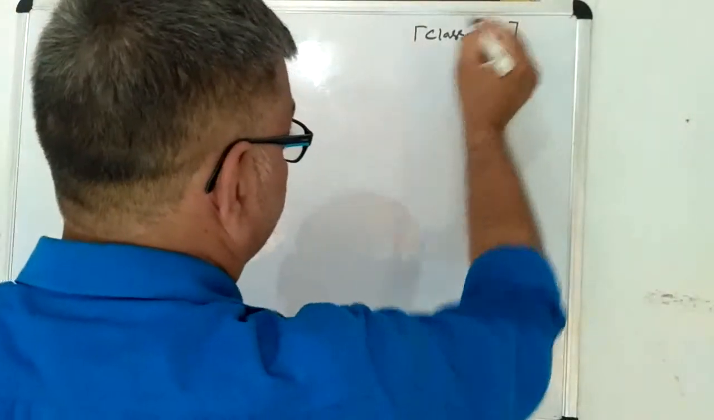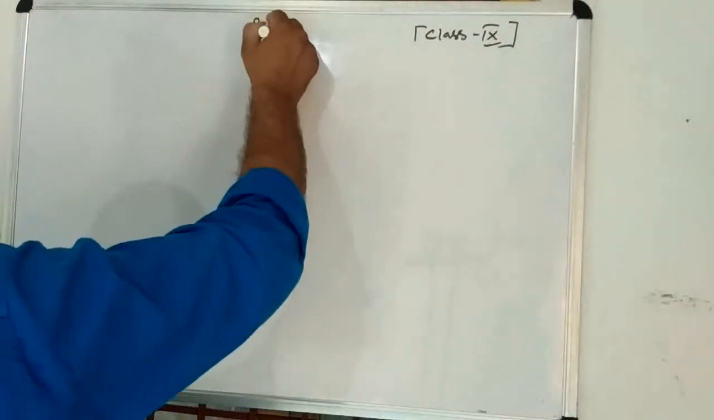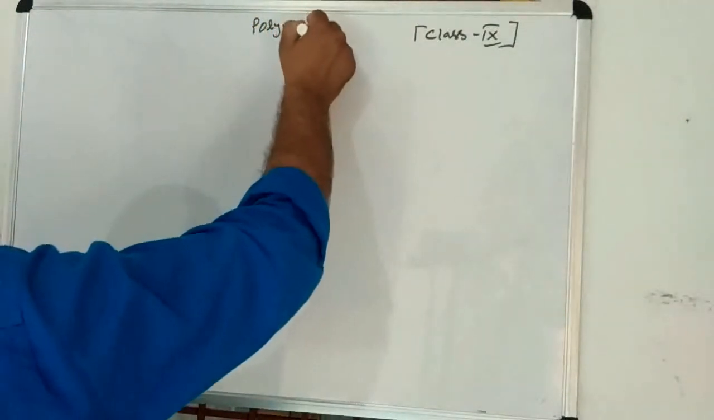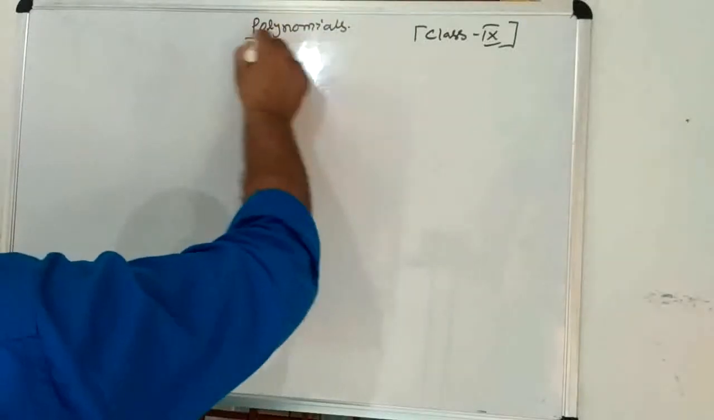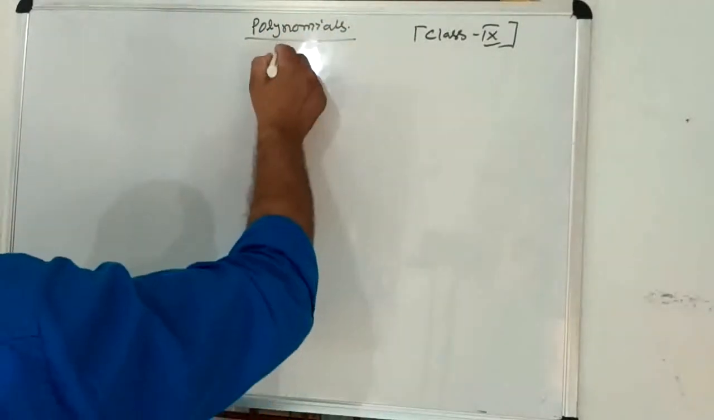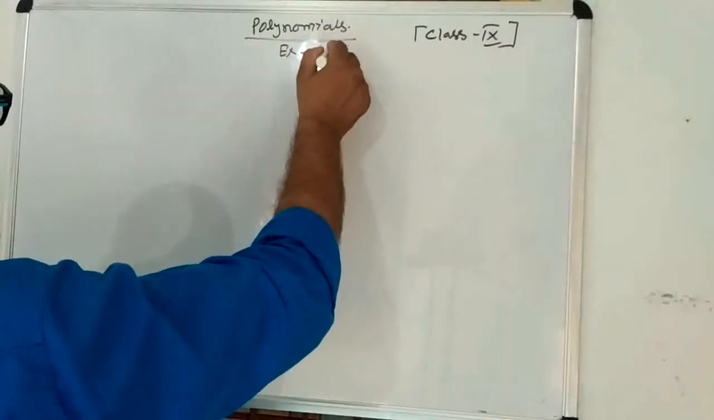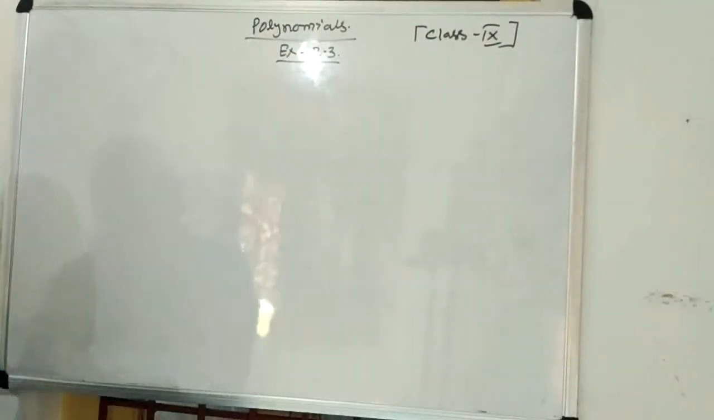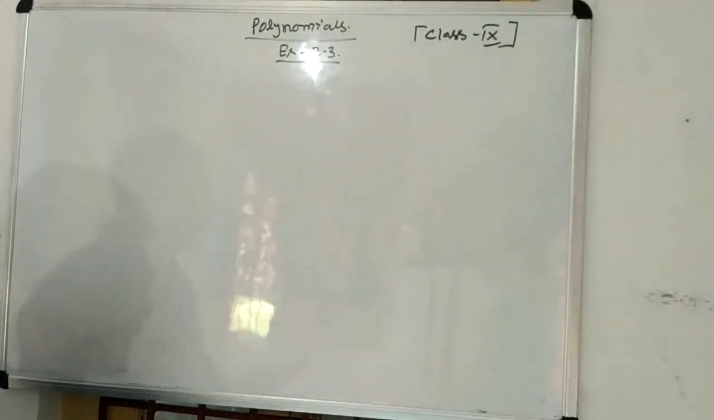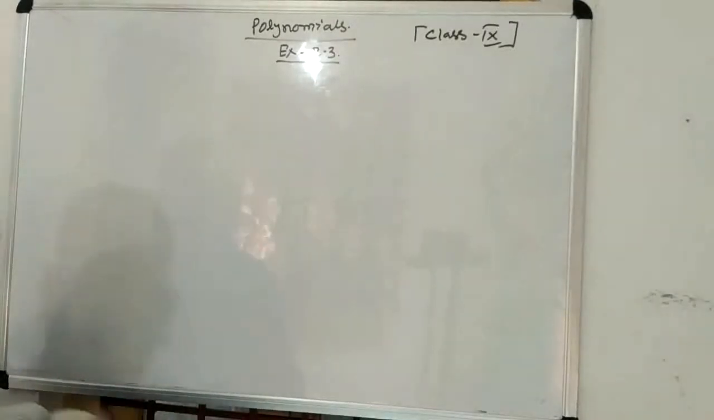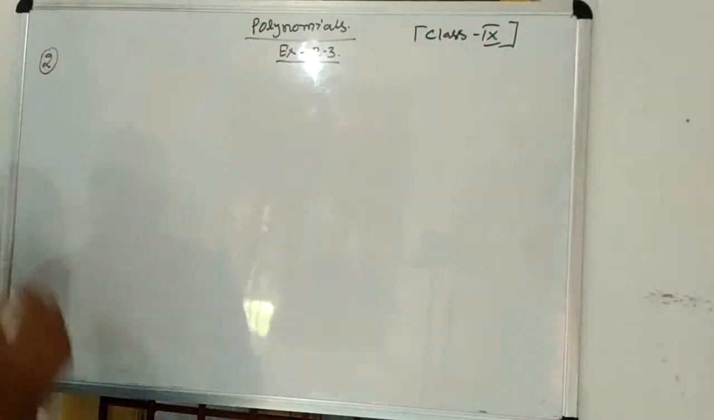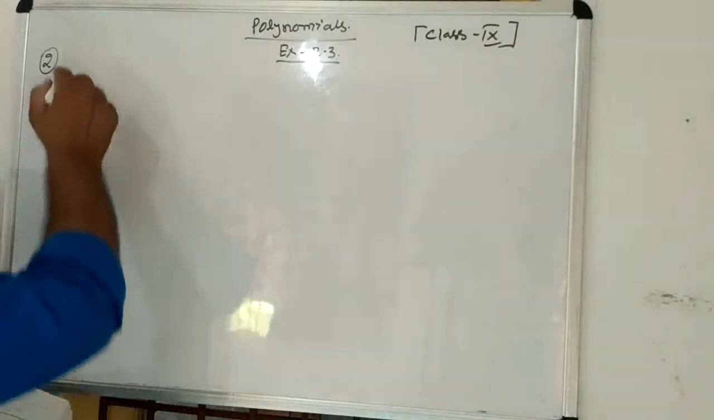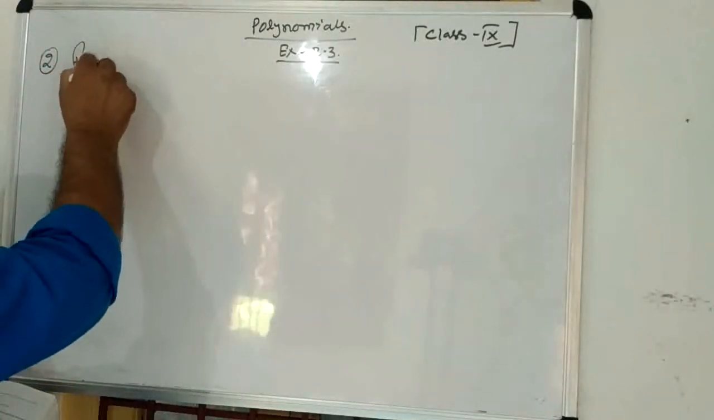In standard 9, children, I was discussing the chapter polynomials, and we were in exercise 2.3. The first question of exercise 2.3 has been discussed. Now we have to solve the second question. The second question is saying that find the remainder